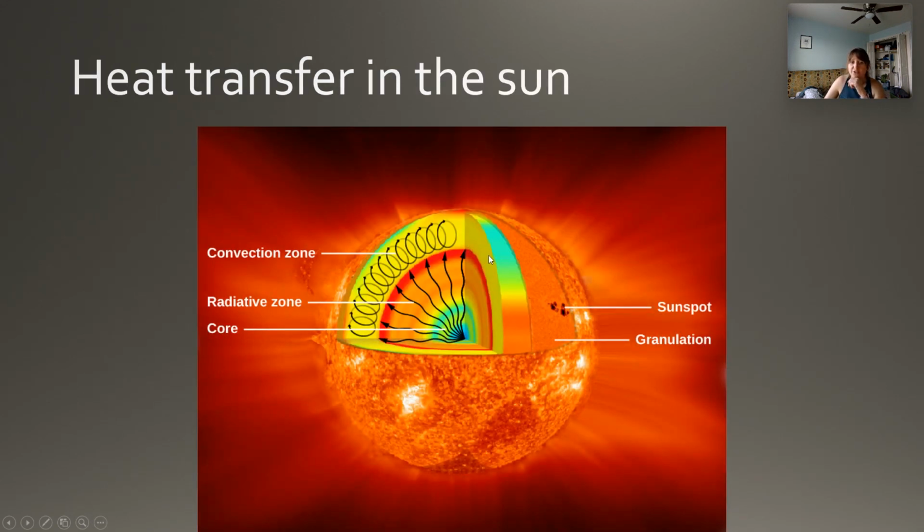And so here's an image of the heat transfer within the sun. Inside the center of the sun, that's mainly heat transfer through radiation. So in the center, we have fusion processes going on. There's a lot of gamma particles that are radiating, and eventually, they're losing some energy as they radiate out. This outer layer of the sun is a convection zone. So think about convection in your oven. There's rising hot and then falling cool. And so that's kind of how heat transfer happens in the sun.